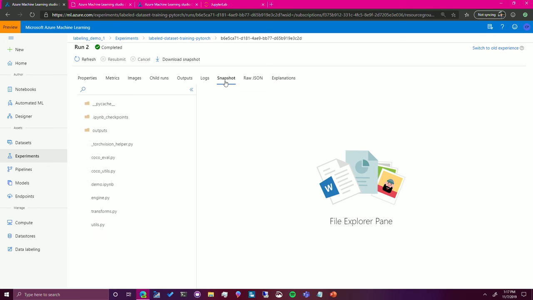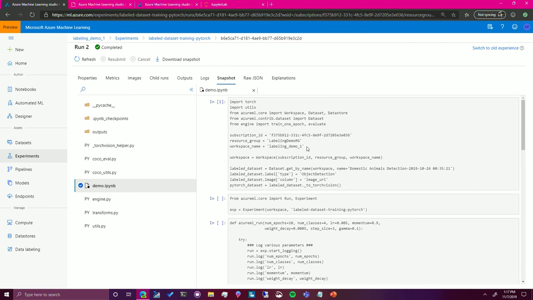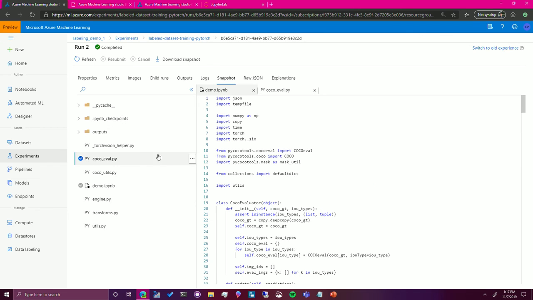I also take a snapshot of all of that code, so it's all tracked here. And if I were working in a Git repository, that's tracked as well. So the model is reproducible. I know exactly what I did to train it, because all the code is here. And it's sitting in our Azure Machine Learning model management service, so you can use it all across our service. And that's the demo. So I'll hand it back to Ram Vijay.